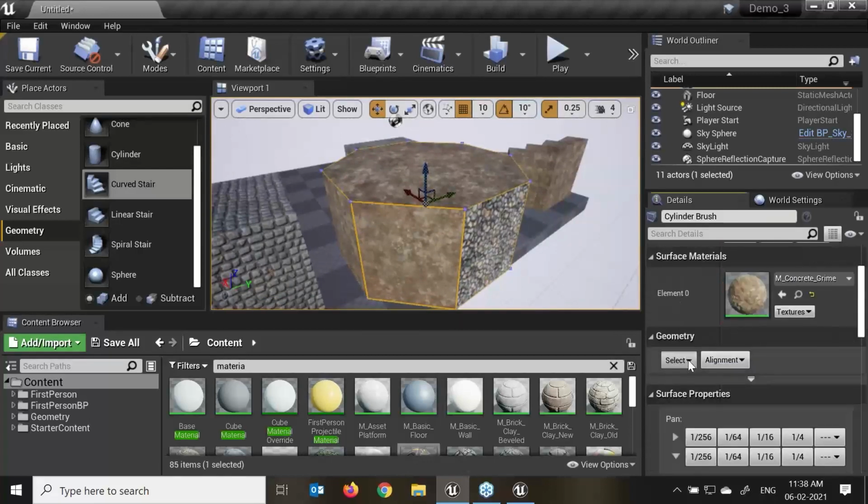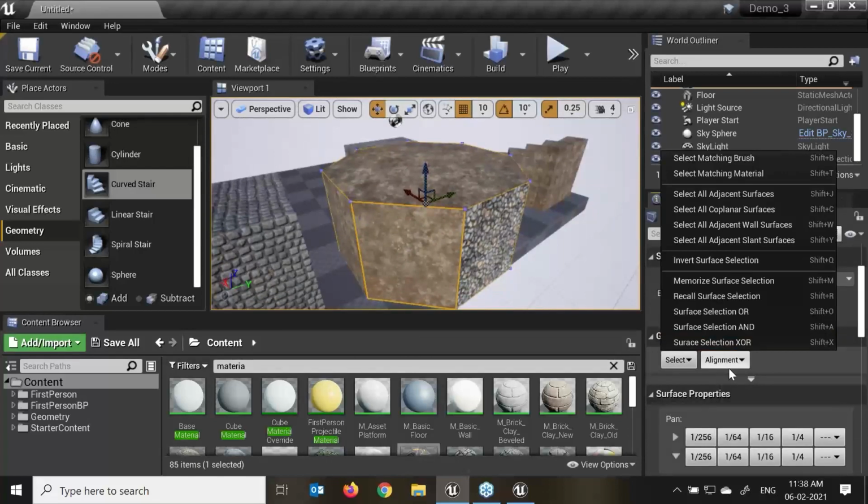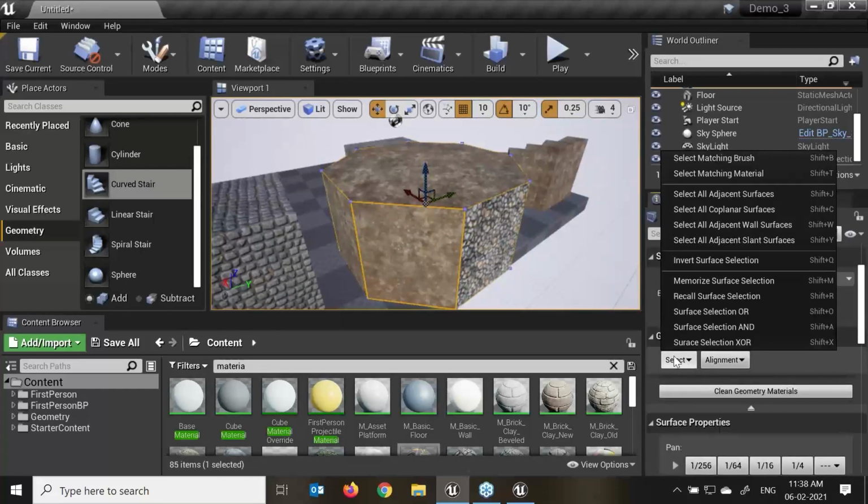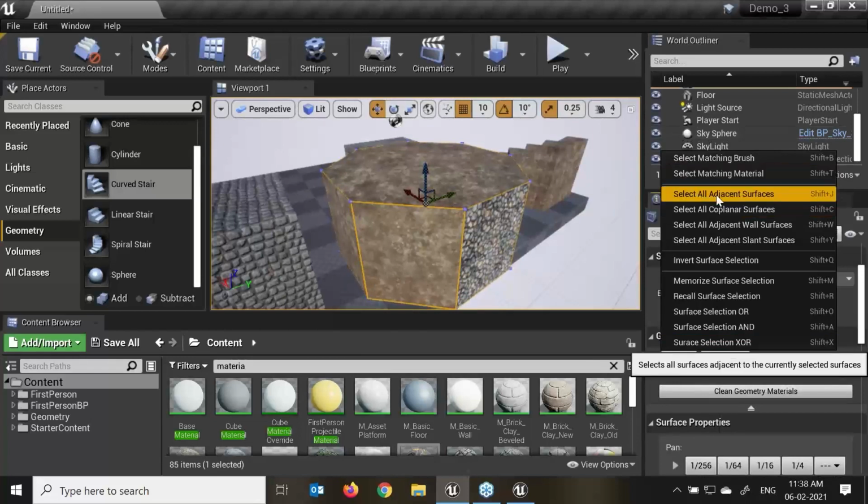Here we have the geometry and the select, append, and assign alignments. Once I click over here on select, like normally in Maya we have edit, select faces or select continuous edges, same here we have select all adjacent surfaces.